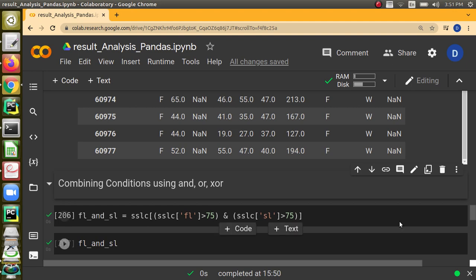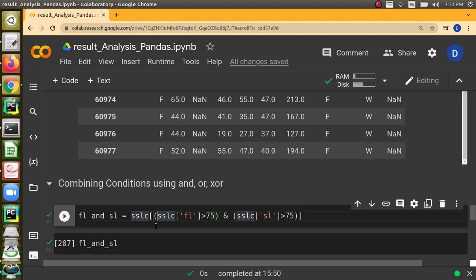Let me call the new data frame FL_AND_SL. We are going to create it from the SLC data frame, so SLC, and within the brackets we have to give the condition. And there are two conditions. Each condition has to be given within parentheses.